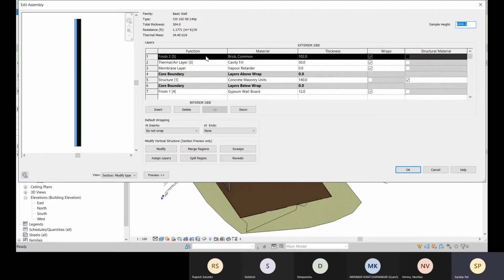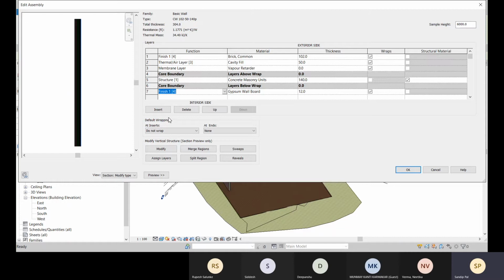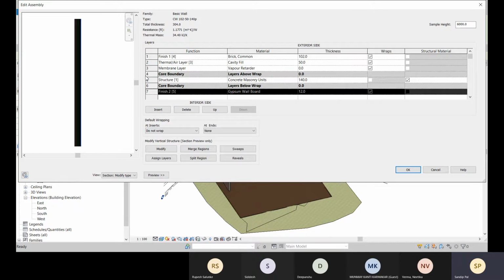That is because this is from the exterior side you are creating, and this is how Revit is created. So this one should be placed towards the exterior side, and this one towards the interior side. Okay, so we have this insert option, we have this delete option, and if you want to